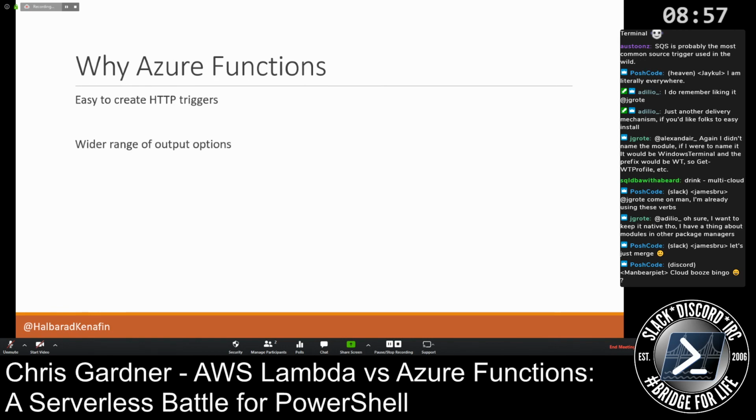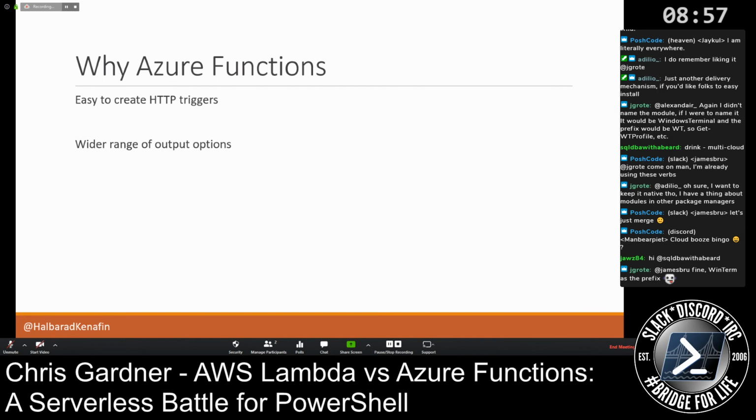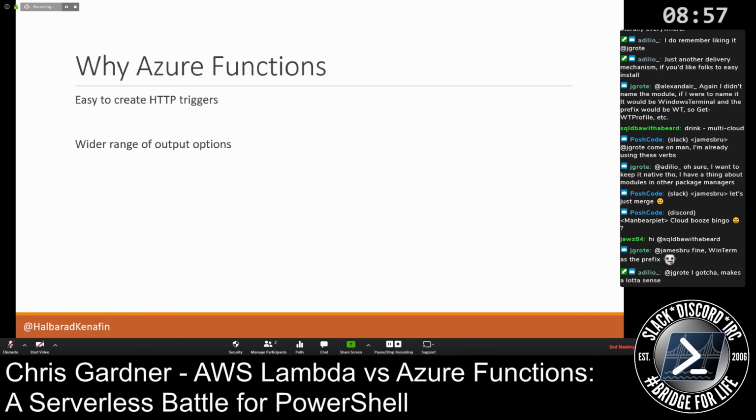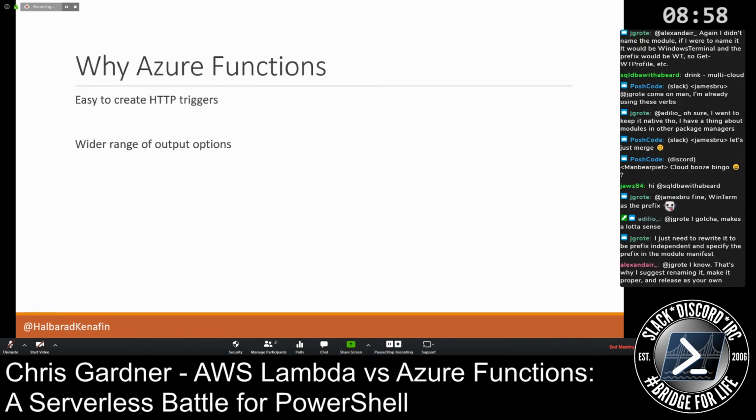They have a wider range of output options. Now, while you can get the PowerShell script to do whatever you want in terms of output, if I have to send emails or whatever, having those built in means I don't have to write that code. And therefore, I don't have to write bugs into that code. It's just all there, bugs and all there, but it works. And it's tested by a lot more people than me and a couple of guys on my team for testing it.